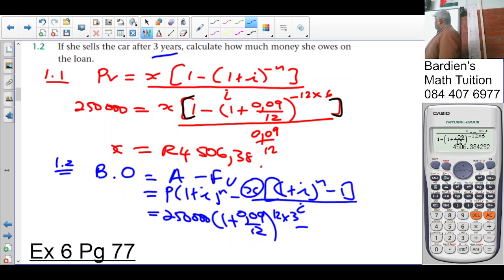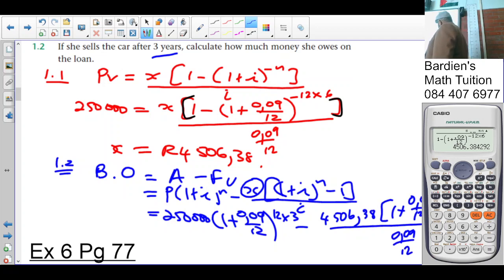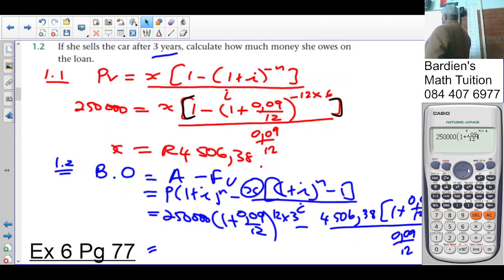What is the monthly payment? 4,506 rand and 38 cents into (1 plus 0.09 over 12) to the exponent 12 times 3, minus 1, all over i, which is 0.09 over 12. Okay. So it's 250,000 into 1 plus 0.09 over 12 to the exponent